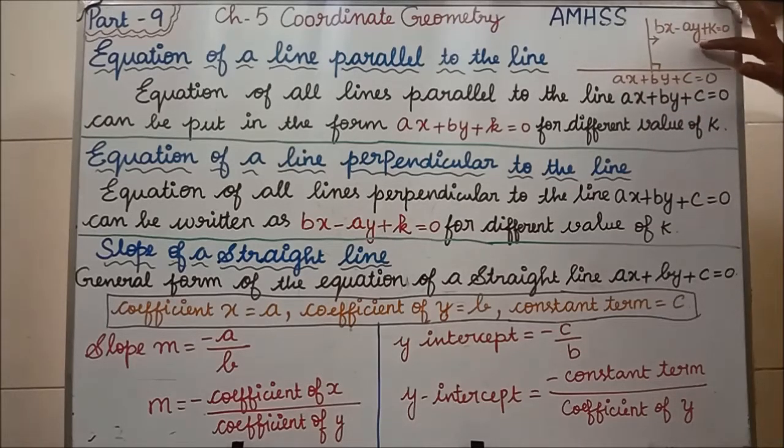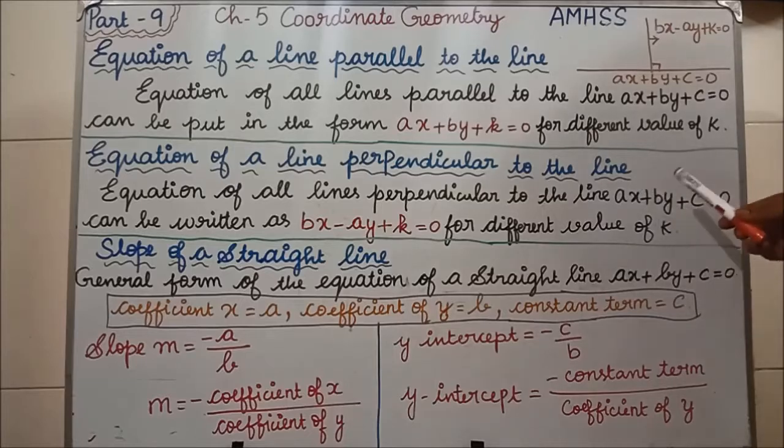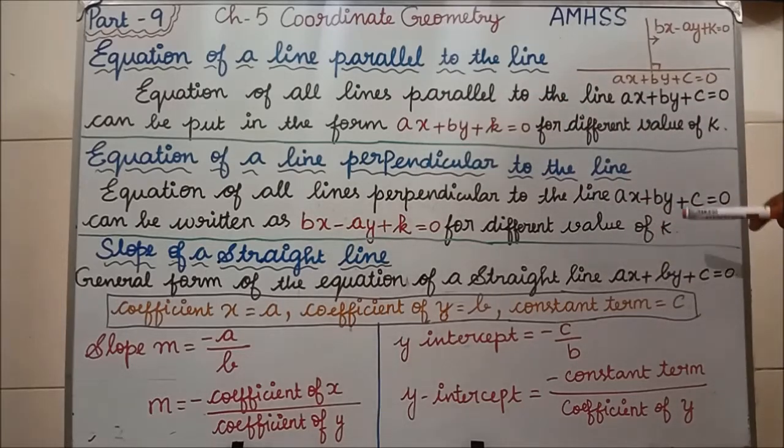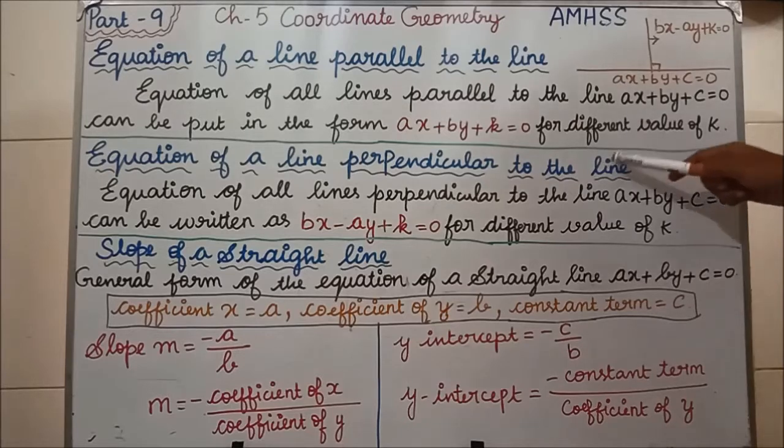See, like this equation. But b is coming first, isn't it? bx - ay. Again the constant term also will change, that will become k. Clear? You see here ax + by + c, how it will change into bx. In the middle of the formula itself we are having plus; here plus means you are going to write minus. Suppose here minus, then you are going to write plus in the middle. Clear? bx - ay. Instead of the c you have to write k.